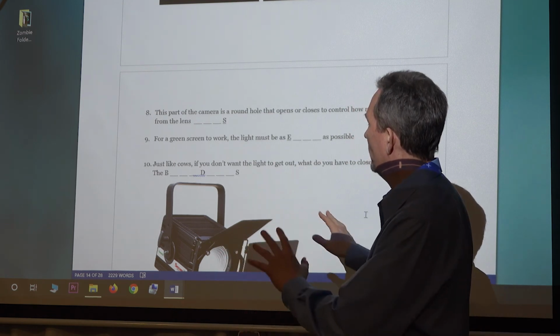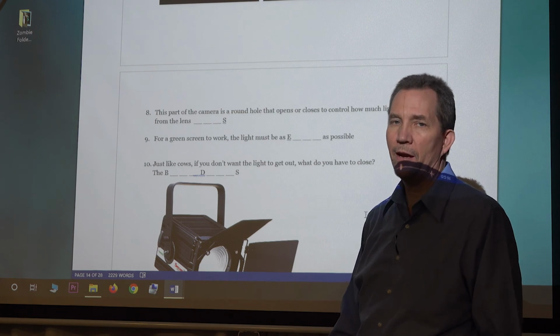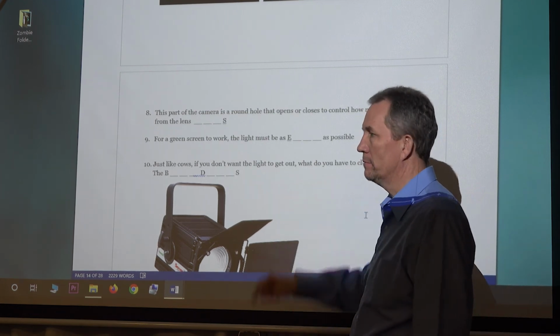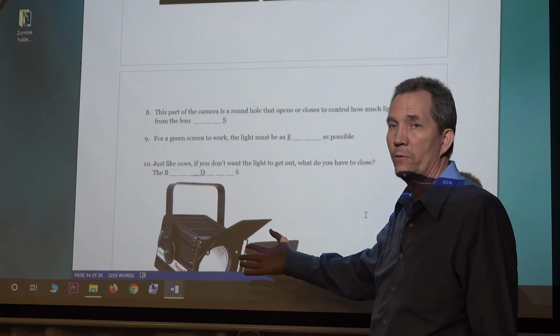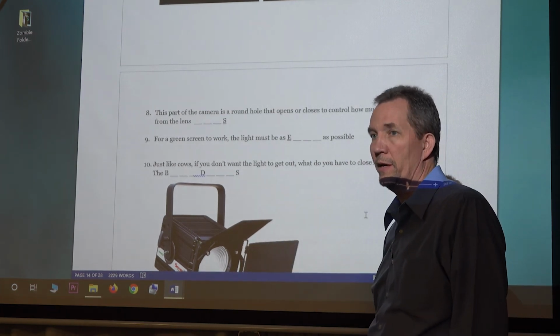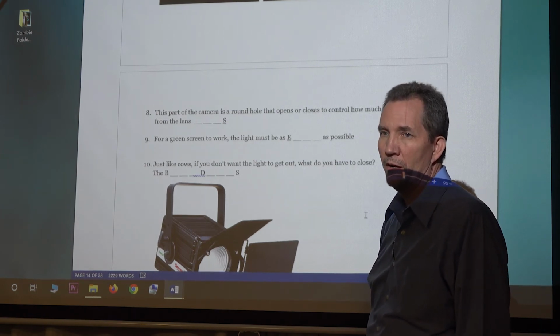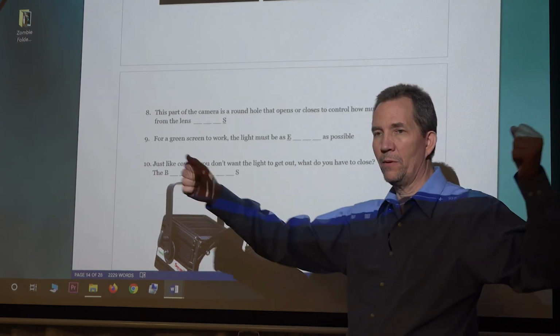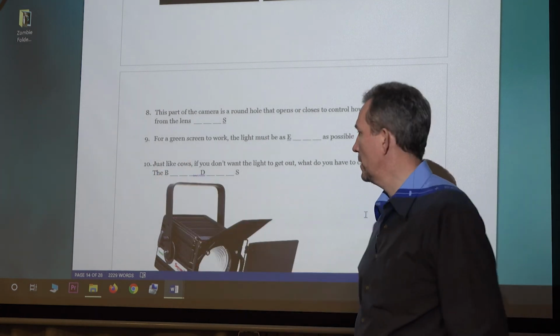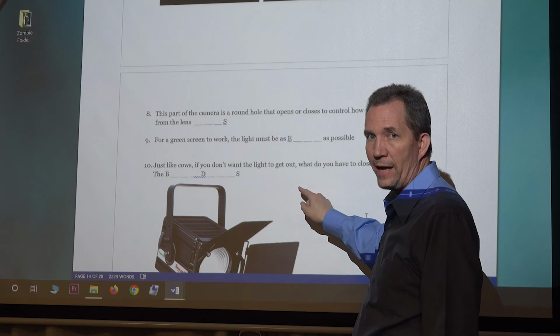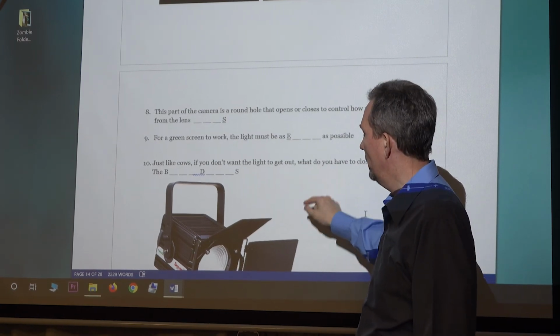And if it's lit perfectly, then you can do what they call keying it out. And so you tell the computer, sample this color. You can do it with white, by the way. White actually works pretty well. I've used a sheet. You steal a sheet from your mom when she's not looking, and you go out and you film something with your friends, and they're holding up the sheet, and you're standing in front of it. And if you say, okay, camera, this color here, sample this color, white, then the